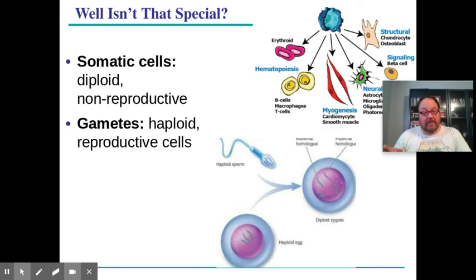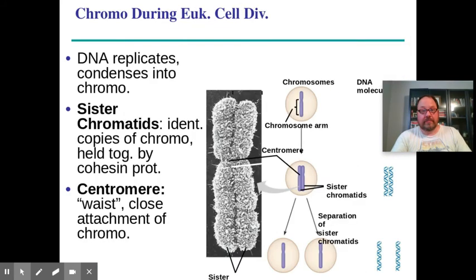Okay, now the other type of cells we'll look at in this case are the gametes. The gametes are the sex cells, egg and sperm. These are haploid cells with unique combinations of chromosomes. So again, gametes are produced through meiosis. All the somatic cells, most of the body cells in your body, they're created through mitosis.